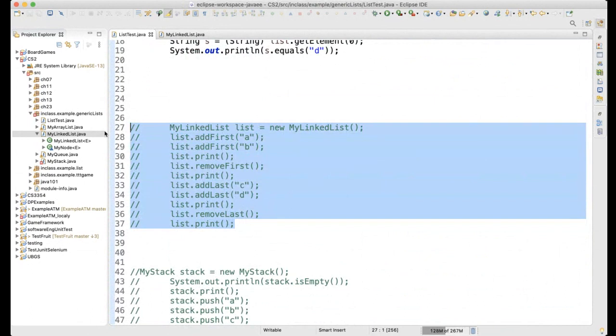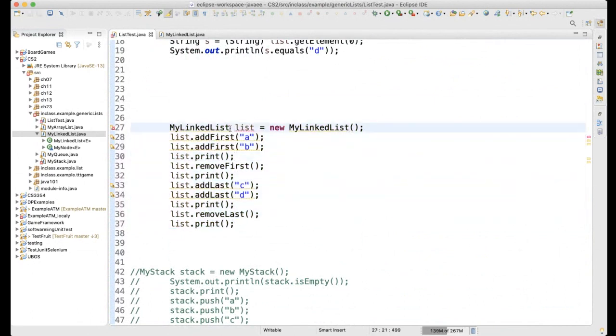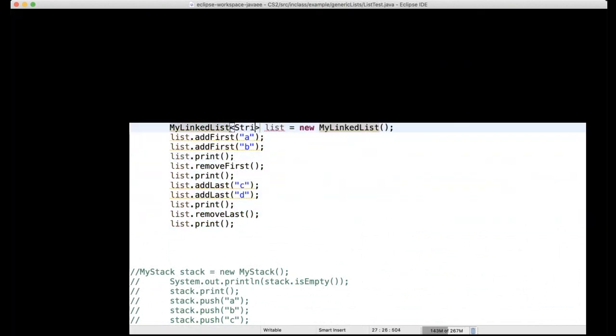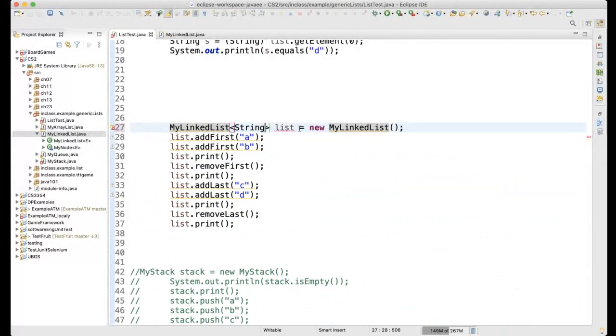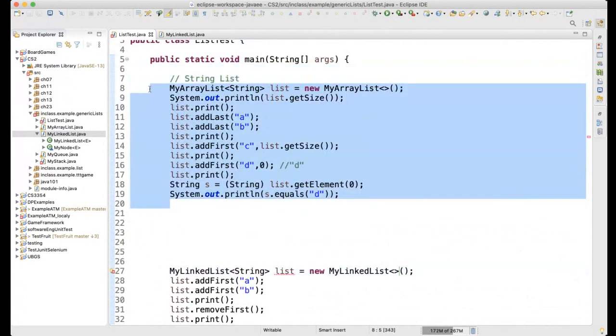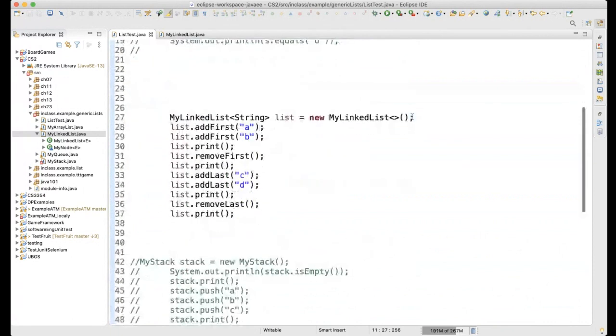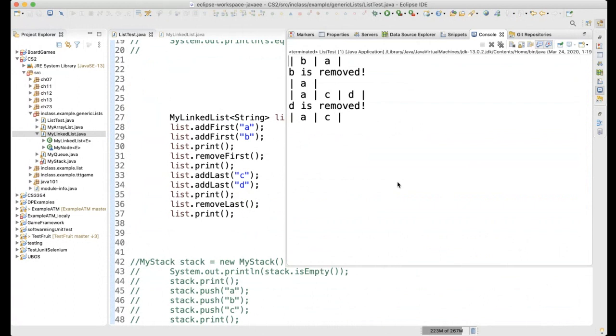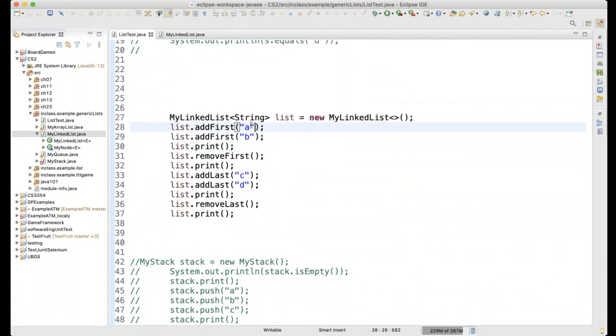So we had this linked list, and now we just have to type the string to it so that our test case is going to work for our linked list. I'm going to run this, and it's fine. And also if I accidentally add an integer, I'm going to get the compile error. So we're going to quickly do the same thing for